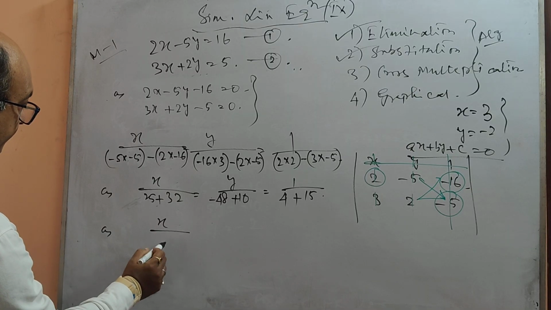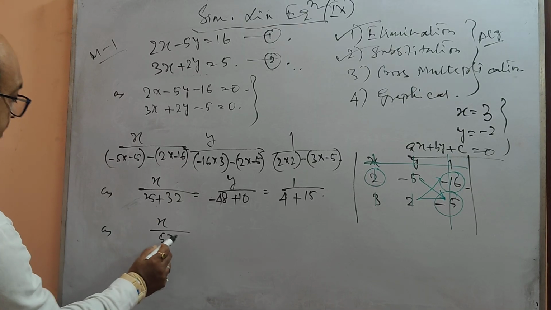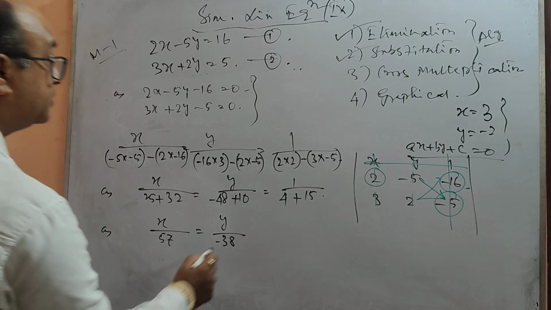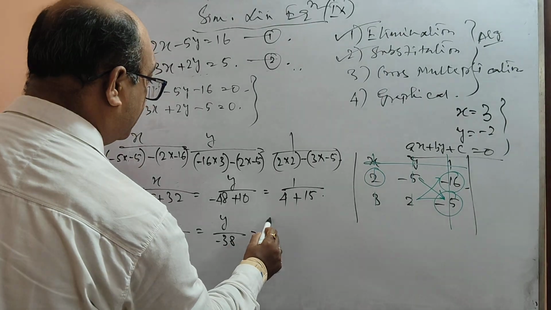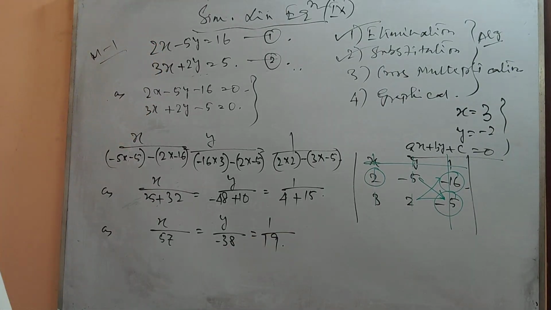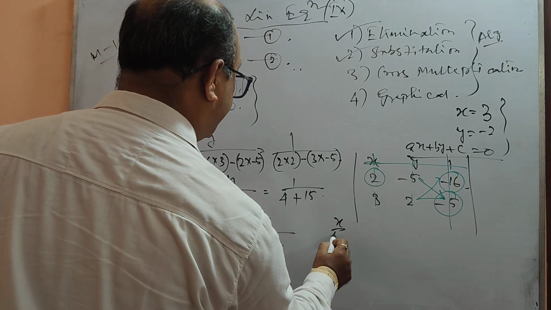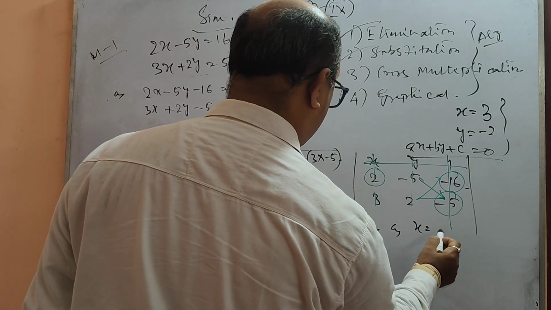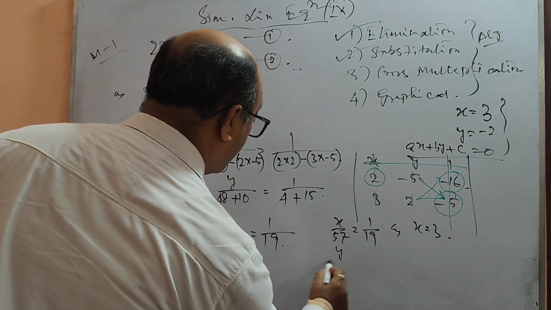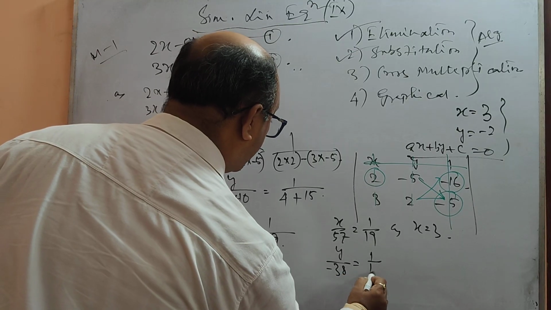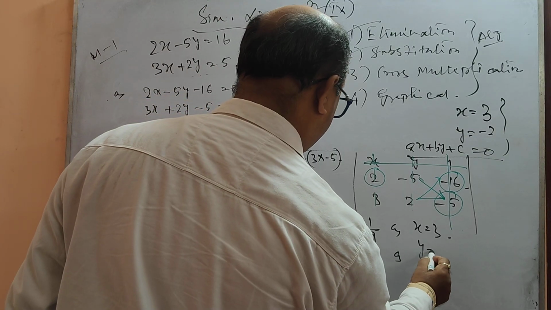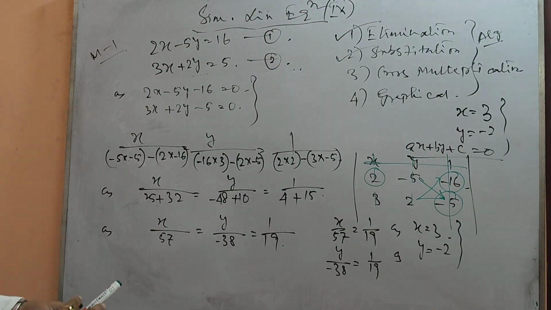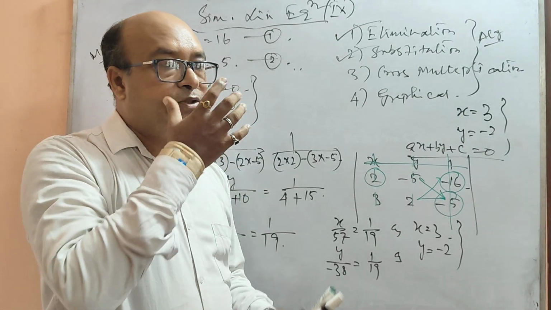So it becomes x by 57, y by minus 38, and 1 by 19. If we write x by 57 equals 1 by 19, then x is equal to 3, and y by minus 38 equals 1 by 19, so y becomes minus 2. So this is the method of cross multiplication. But my advice to all my students is, if it is not mentioned,